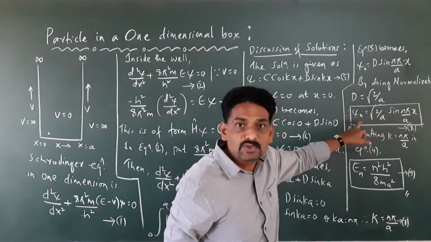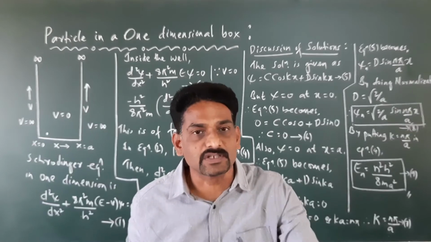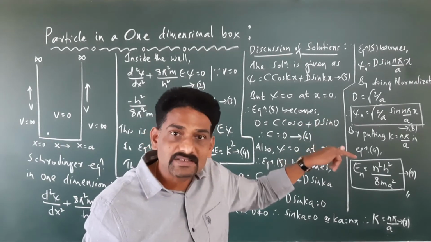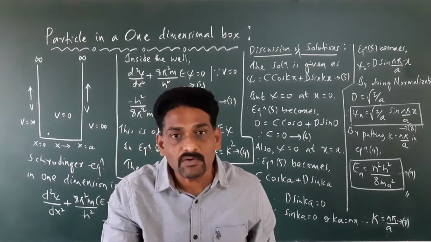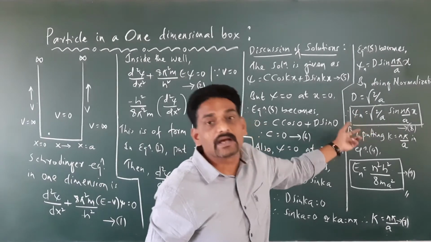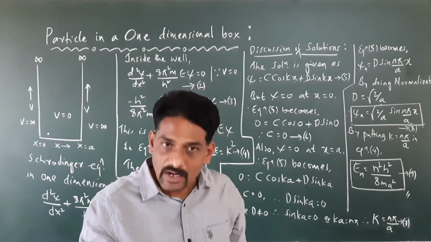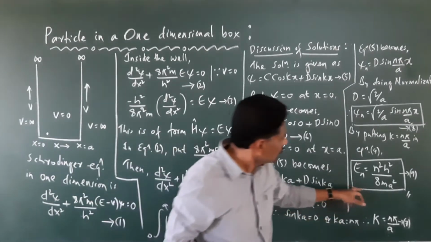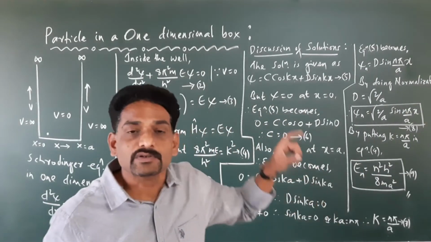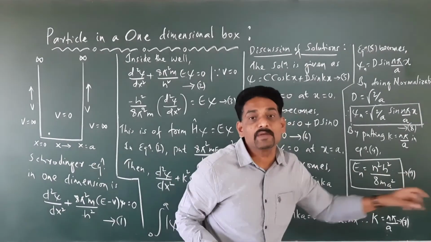If psi1, psi2, psi3, psi4 and so on are the wave functions, and out of them psi1 is the eigenfunction, then corresponding to psi1 we have E1, which is going to be the eigenvalue. If psi5 is the eigenfunction, corresponding to that we have E5, the eigenvalue. So whichever function becomes an eigenfunction, the corresponding energy is going to be the eigenvalue. That is one important thing. So from this equation we can calculate the energy of the particle which is present in the box.